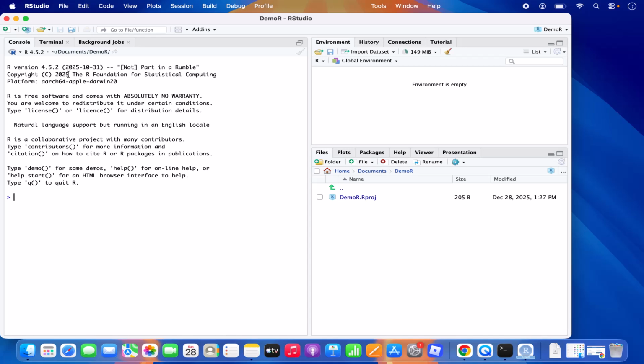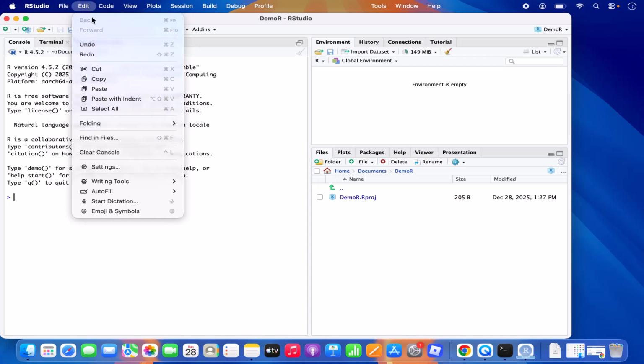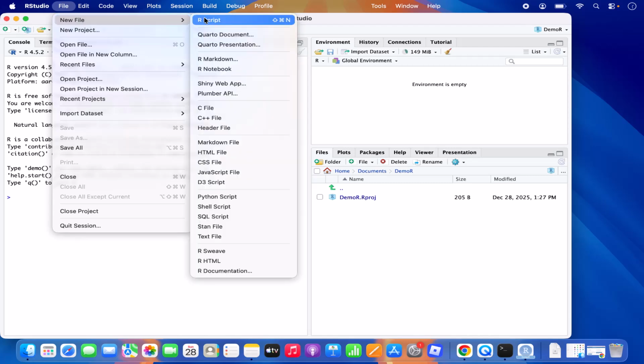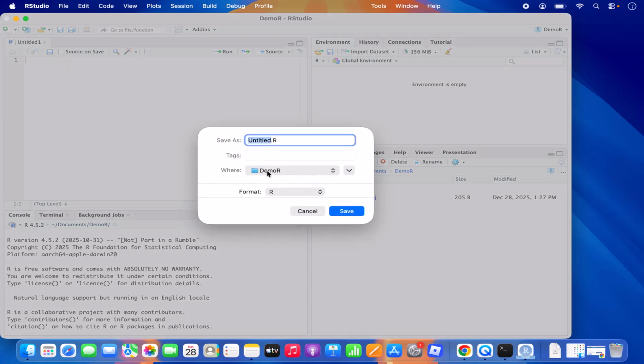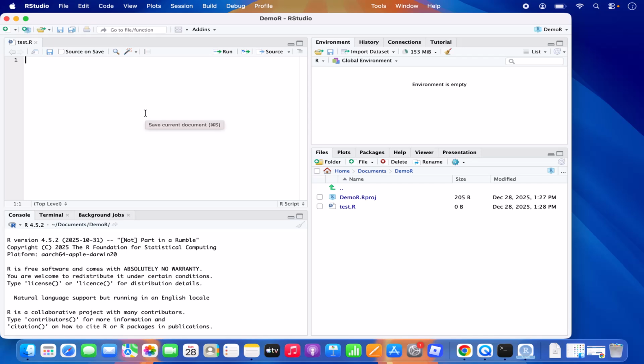Now, if I want to create a new file, I'm going to just click on file and then new file here, and then click on R script, and it creates this untitled script for now. And if you want to save this file, just click on the save icon here, and then you can save this in your project. For example, I have already created my demo R project, and here I want to name my R file as test.R, right? And the format of it is R. So click on save, which is going to create your script,